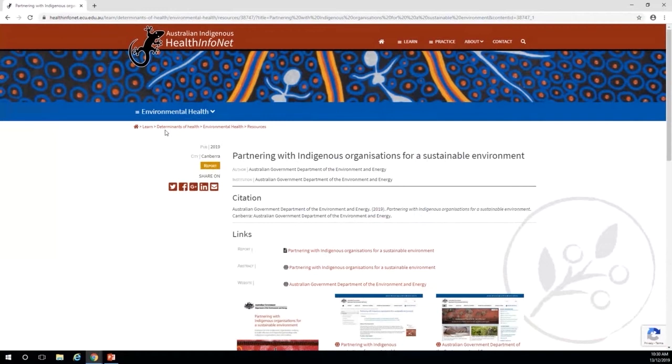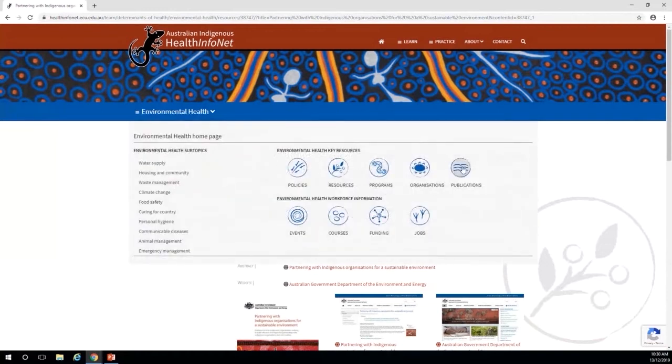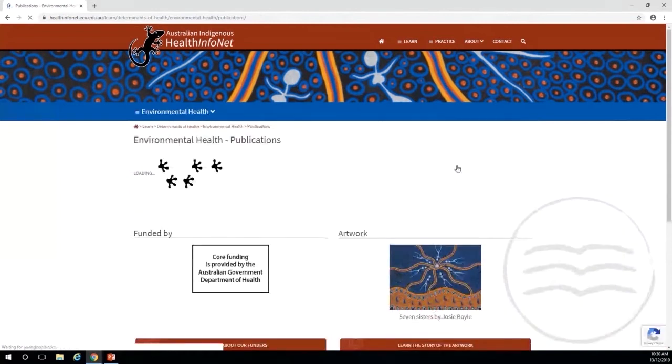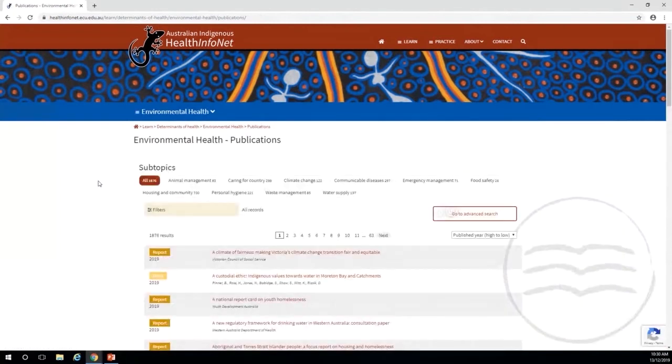We will now explore environmental health publications. Here you can see we made it easier by pre-sorting the publications for you by the environmental health subtopic area. You can click directly into a particular topic area if you wish, if you know what you are interested in. Or you can use the advanced search feature on the right of the screen. Now this will take you to the main HealthInfoNet search bar where you can search over 28,000 publications we have